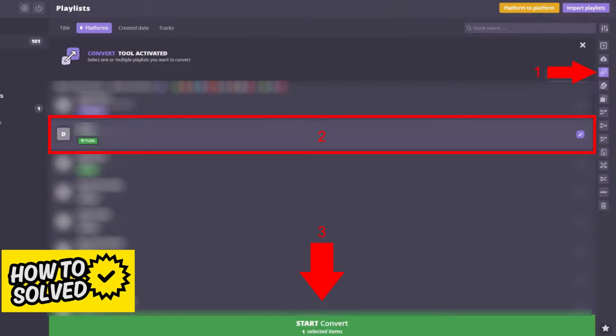Once you get Soundaze set up, what you have to do is use the menu at the right side of the screen and select the Convert button. Afterwards, select all the playlists that you want to transfer and click the green Start Convert button at the bottom